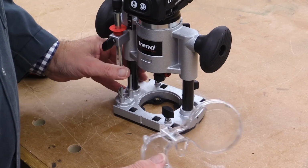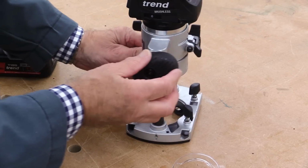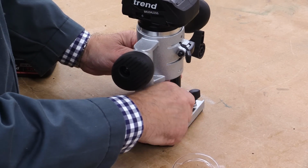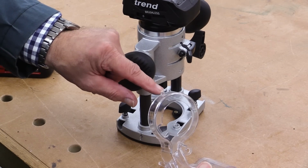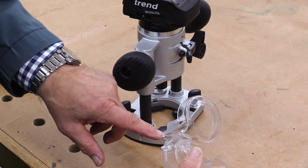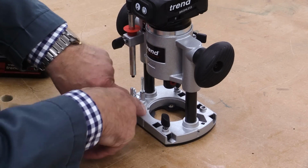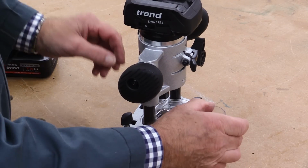Now, in order to fit the dust shroud, it's very simple. We've got the router facing me here. I'm just going to turn it so it's around that way, and here there is a little screw knob which I will remove. And then on here there are two lugs. There's one there and there's one here, and there are two positions for these lugs to go, one in there and one there. So I'm going to feed this in like so,